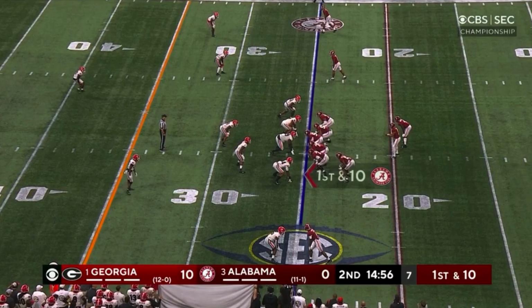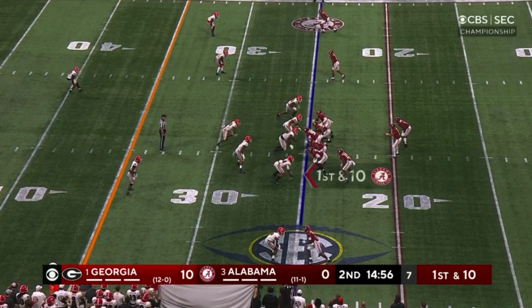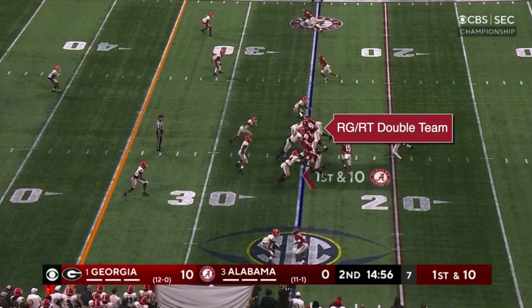Well, as we saw in the last play, when they don't have to worry about that defensive end, it frees them up to double team the next defensive lineman inside of him, and after the snap, we see them doing just that. The problem here is that on this play, Georgia's running one of those blitzes away from the run strength,